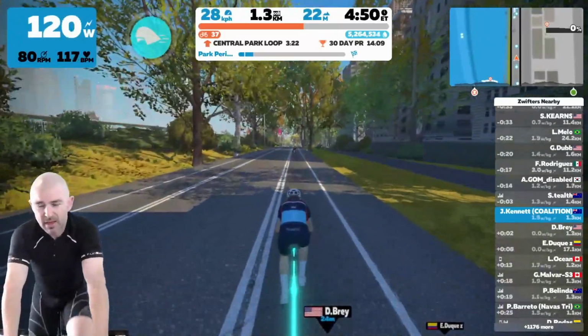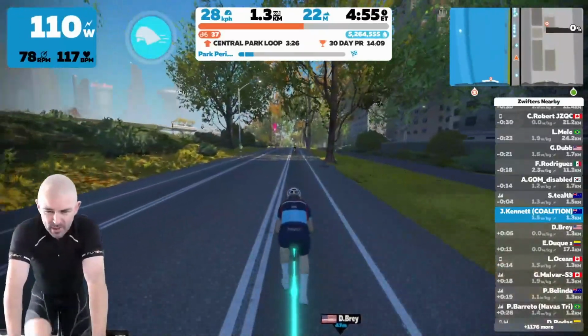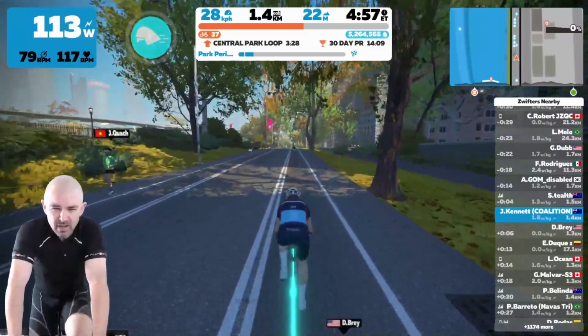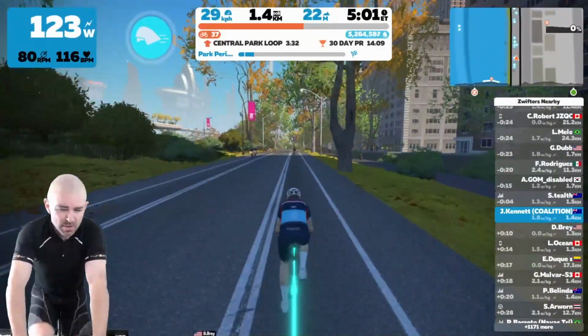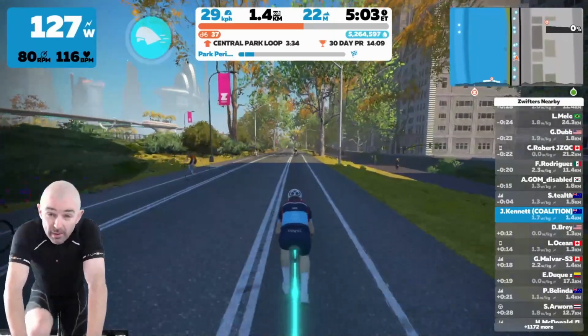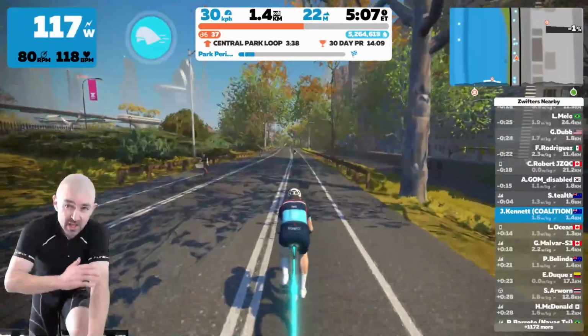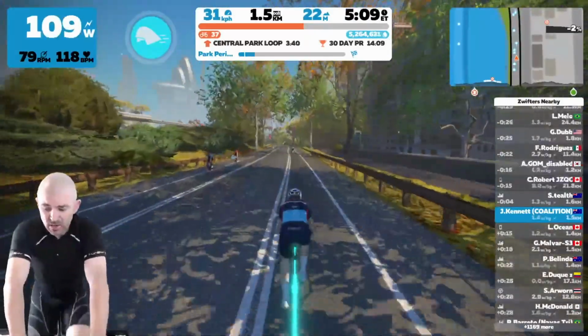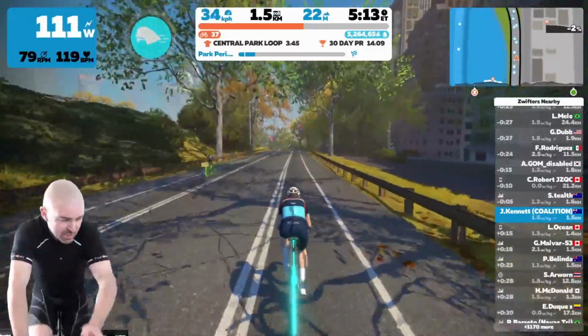So those times I might not get the number I want, or if I'm just doing a crazy big effort where I've just set a ridiculous number and I'm using erg and I just can't get through it. A ramp test is a good example where you just fail. You're never going to succeed. It's going to stop the pedaling. So just so you understand, before I get into what caused yesterday,